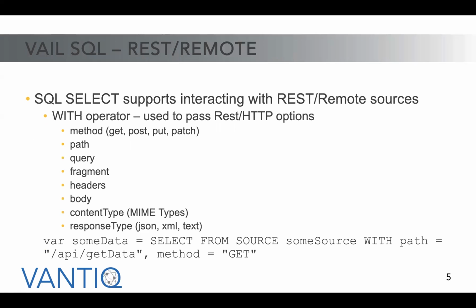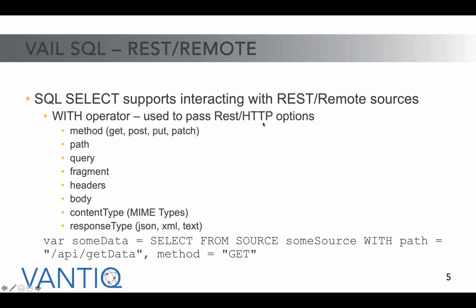Quick thing before we start seeing examples on selecting or inserting in Vail, I'm going to talk about the REST and remote interfaces. Whenever you're doing a select on a remote resource, you can pass along the method that you want to do, for example a get, a post, a put, or a patch. If you don't put anything, Vantiq will assume you're doing a get, but you can also do a select and pass along some parameters doing a post, a put, or a patch. The path of your query,